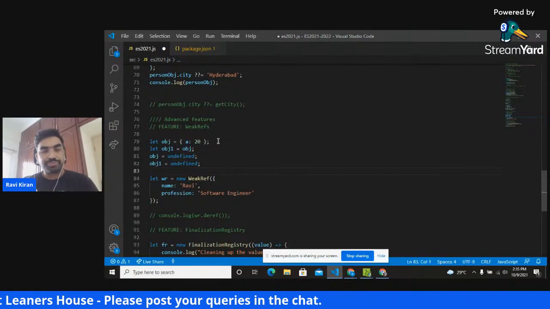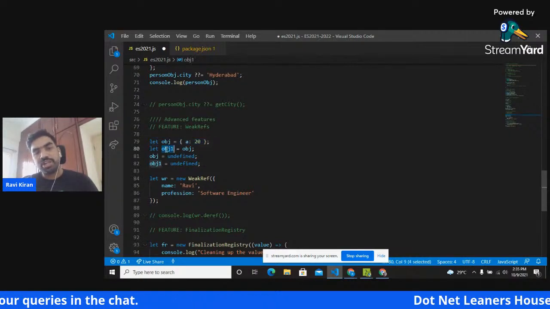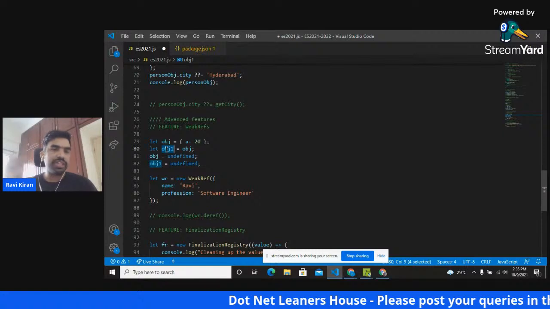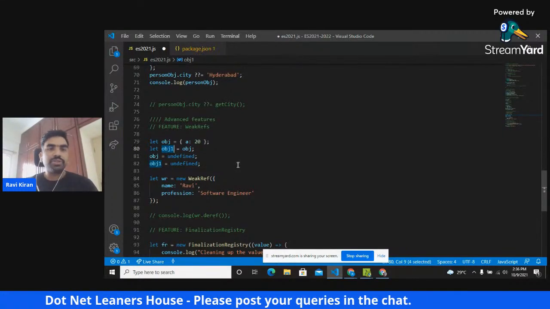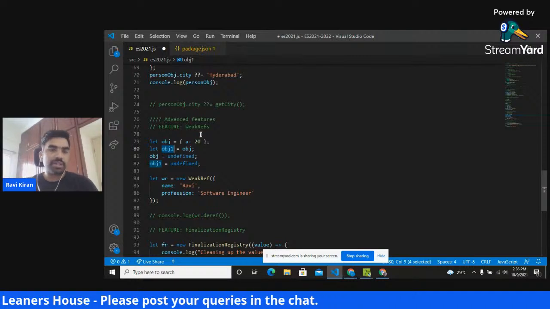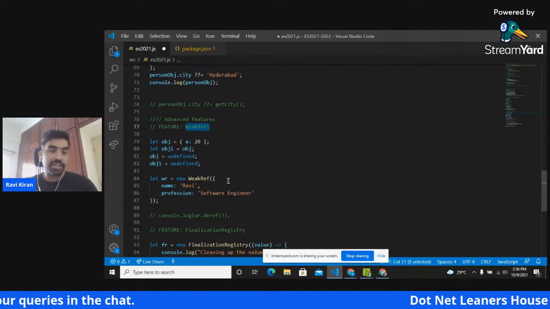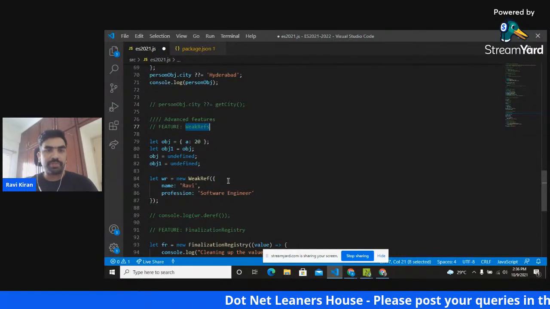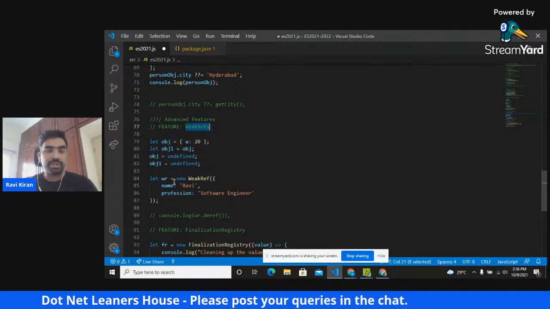Now, this way when we are creating the objects, these references are called strong references, okay? Which means they are going to very strongly hold the object to themselves. In contrast to that, the WeakRefs are created in such a way that they will not hold a strong reference to the objects. So this is the way to create a weak reference.